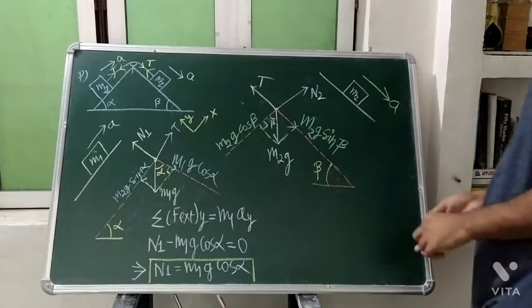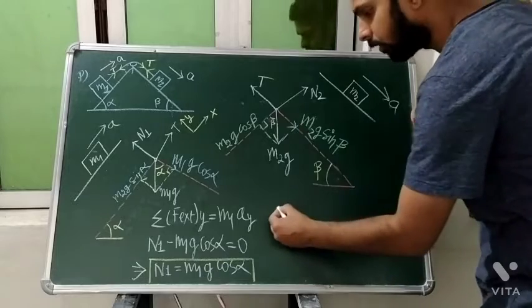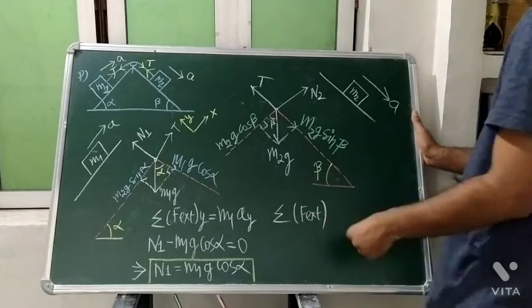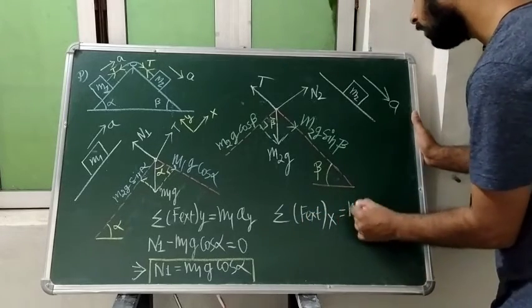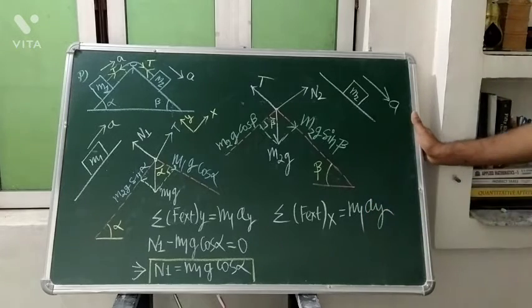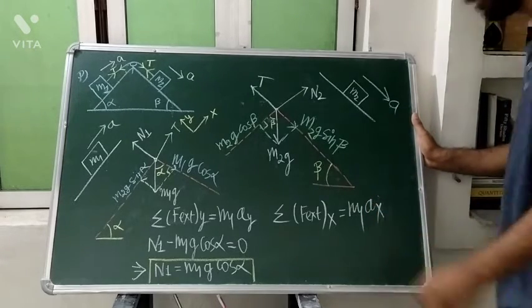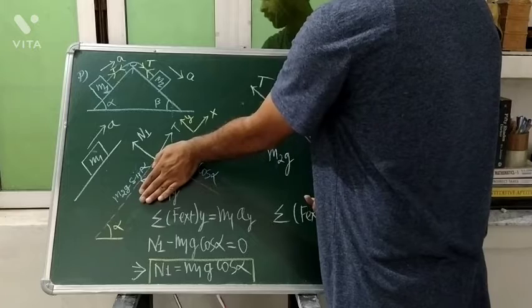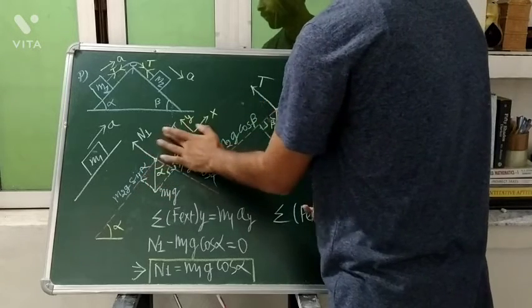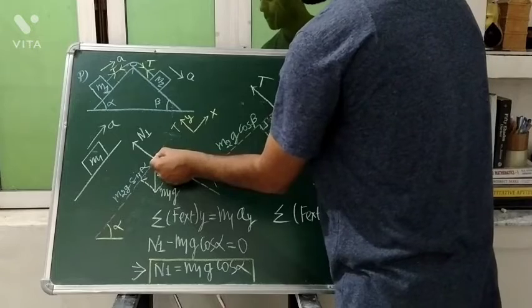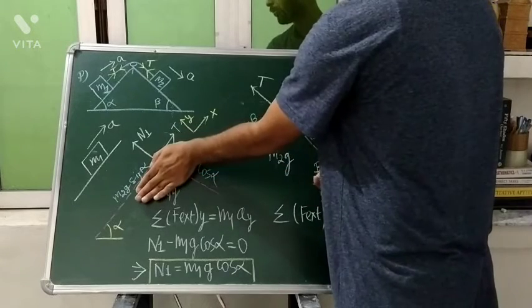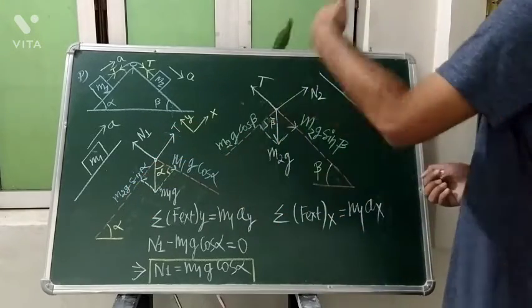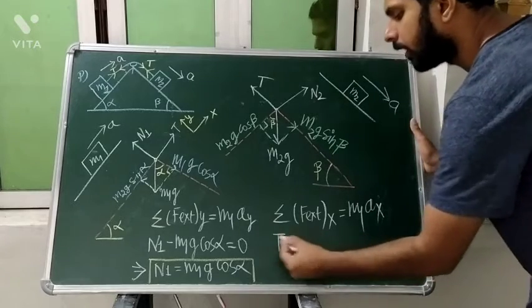And in the same way, when we resolve for the x direction, F external in the x direction will become mass times the acceleration in the x direction. What are the external forces acting in the x direction? We'll look. The tension T and m2g sin alpha are acting. So we can say this one is our positive. So T minus